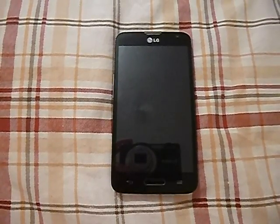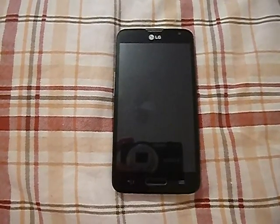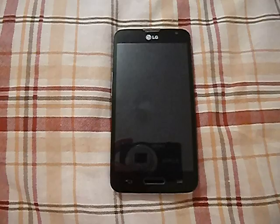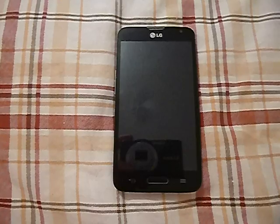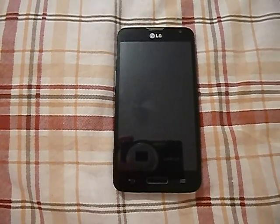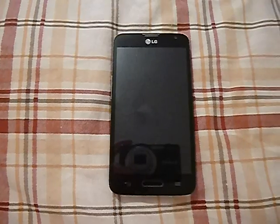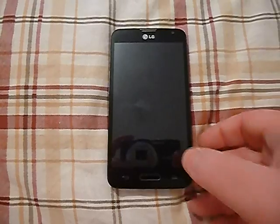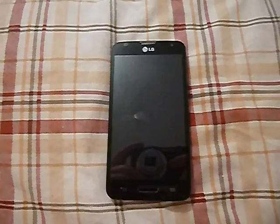I was able to get a day, maybe a little over a day, depending on how you use it. And if you're also in a low coverage area and keep it on the mobile network in 3G, it does seem to use more battery life than if you're on Wi-Fi. So, with that being said, battery life is pretty decent on this phone, and it's nothing that's really bad. It does pretty well. But the 3 main gripes that I have with this phone: number 1 is